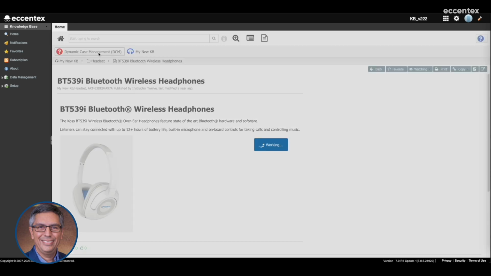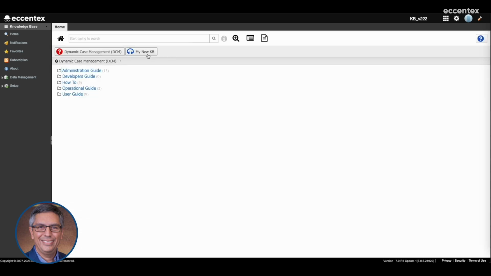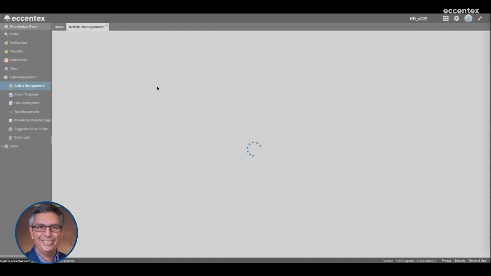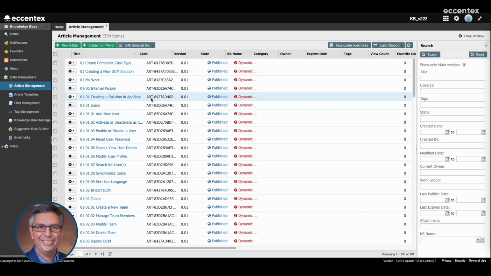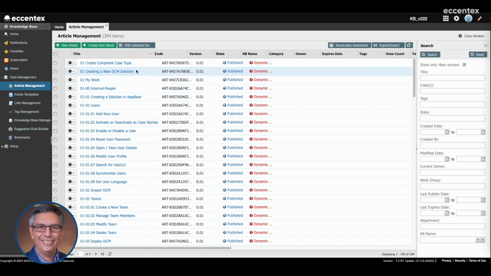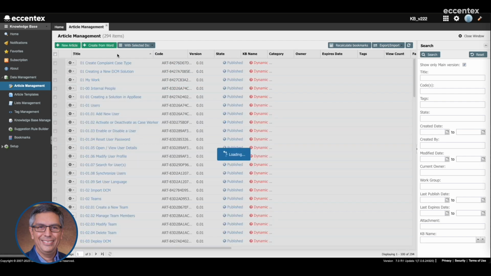And if you want to add more articles in our demo, we are going to add a new article for the My New Knowledge Base. We go to the left side, here in the left menu, to Data Management, select Article Management, and here you will see the list of all your articles, ordered, for example, by the title,